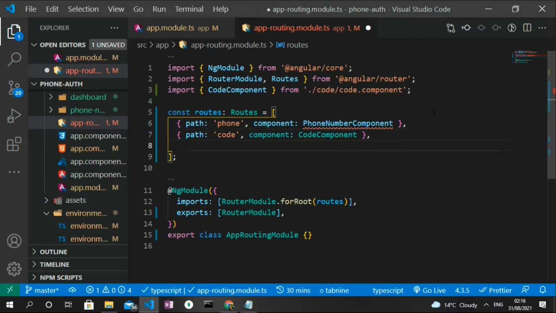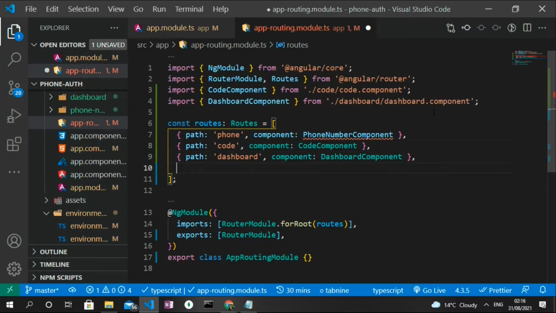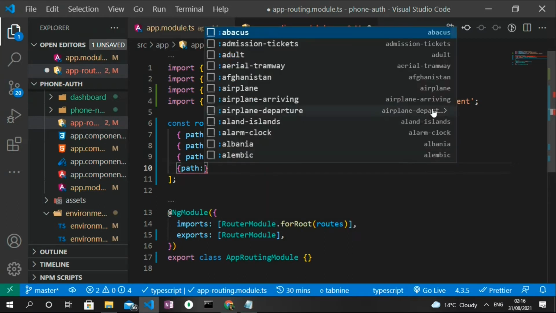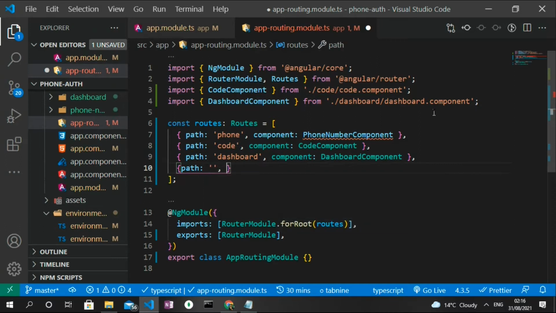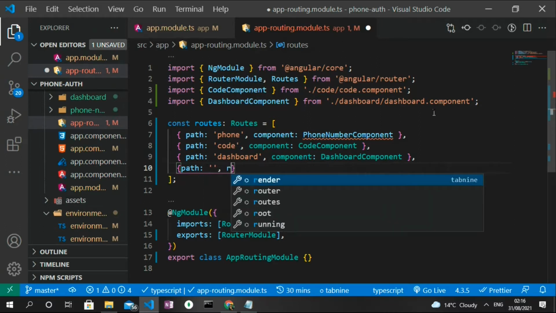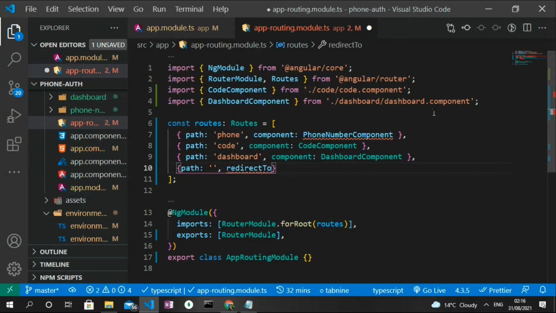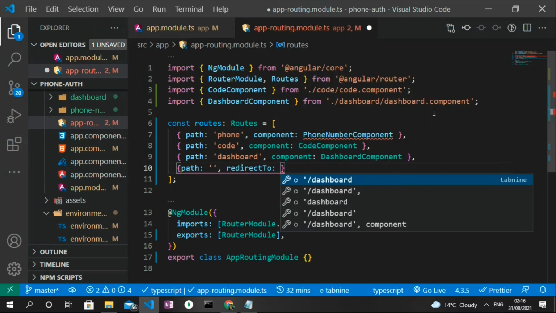And then the next part is for the dashboard. So I type in path, dashboard, component dashboard. And then finally, we need to create a base path. This is the path that would take a specific component when we're in the root of our application. So we redirect to